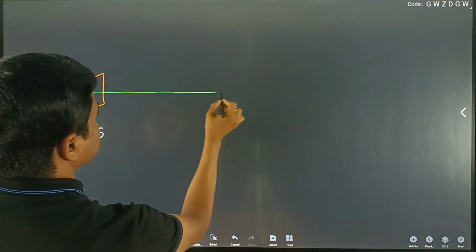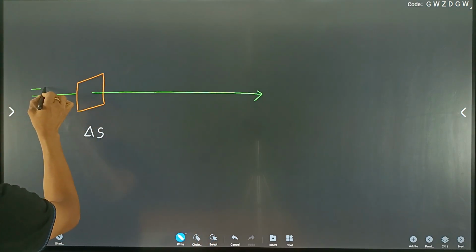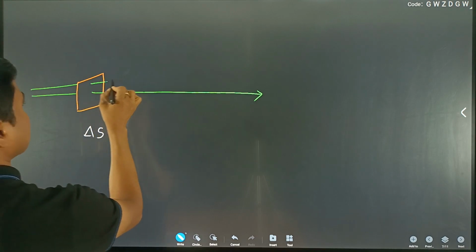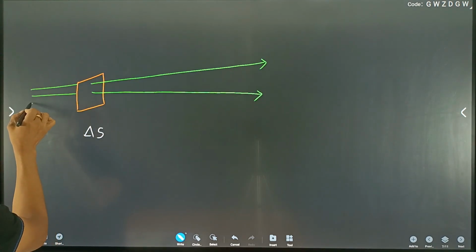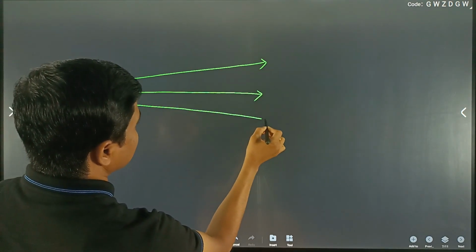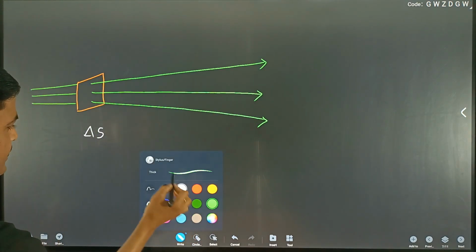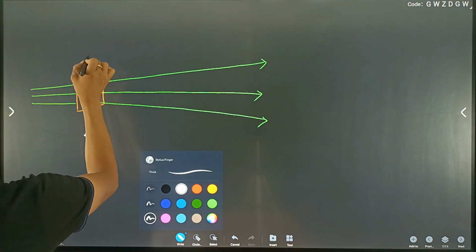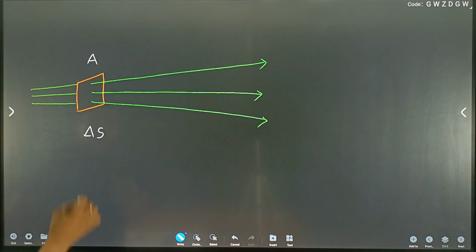These are the field lines, and the field lines diverge from each other, or the distance between the two field lines gradually increases, just like this. This is case 1, or the first small surface area element,